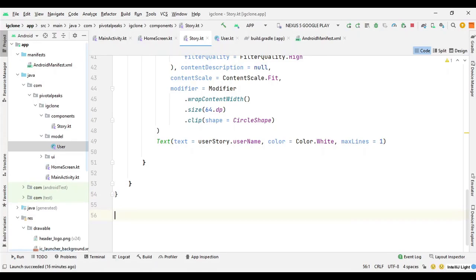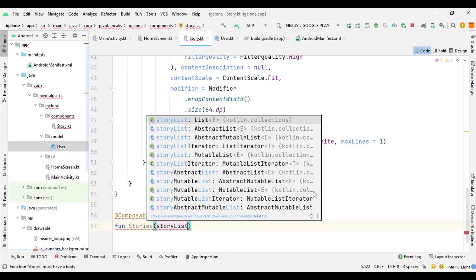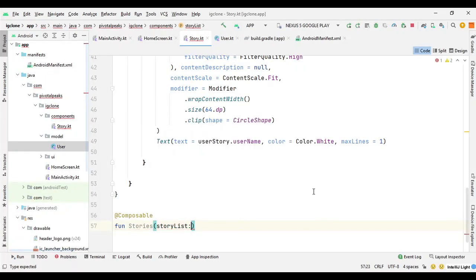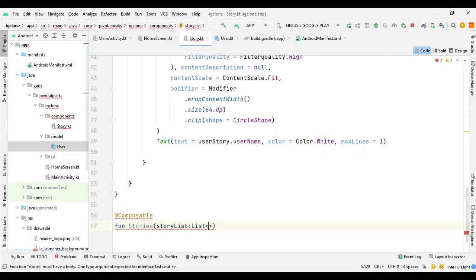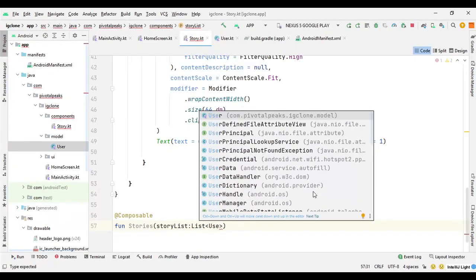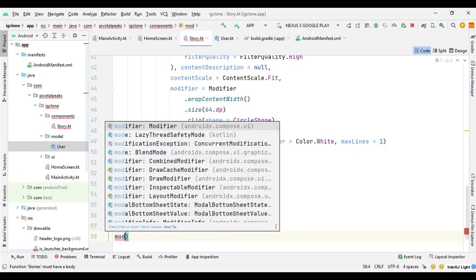So here we will say @Composable, and we can say function stories, and here instead of a story we will say story list, because we are going to pass a list of stories, and we will use the list function from kotlin.collections to pass the user as a list. Then here we can declare a modifier.